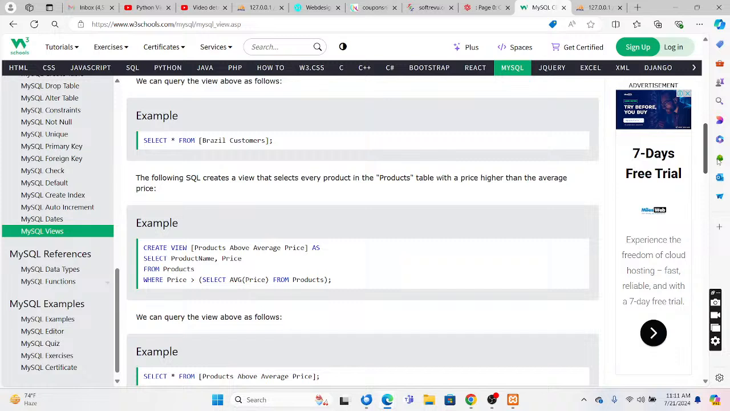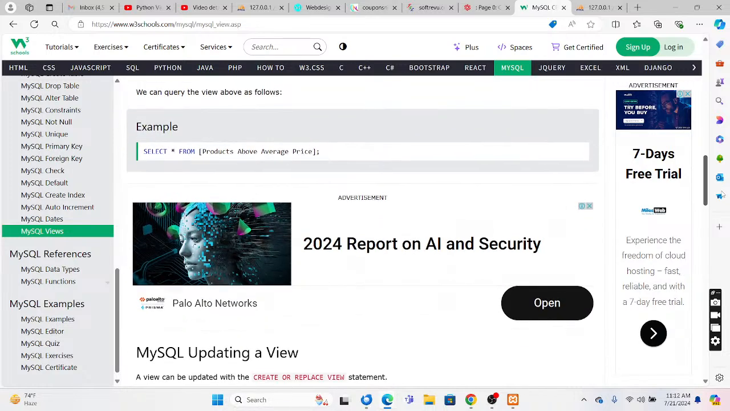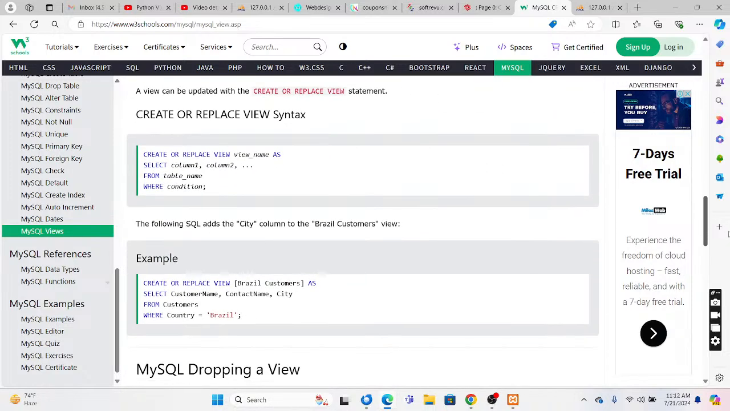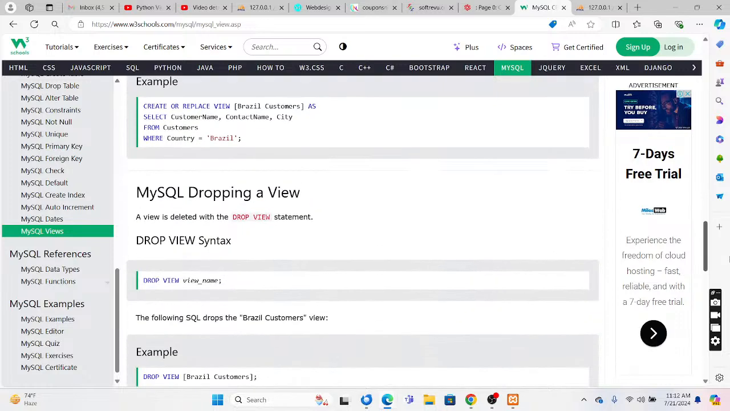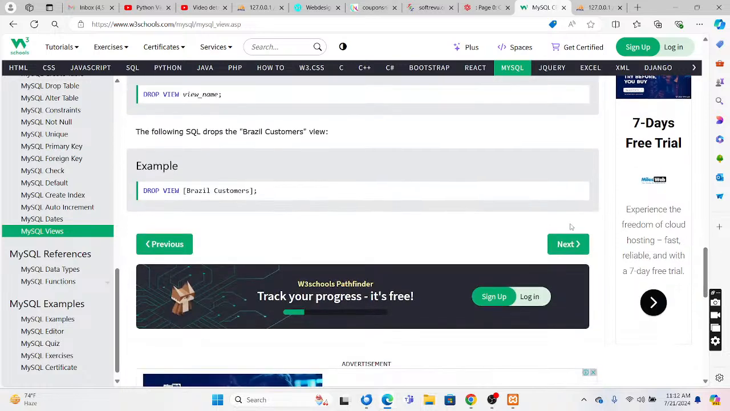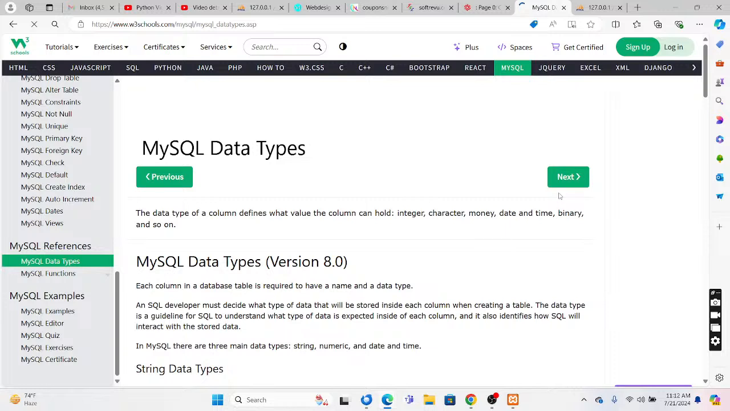CREATE VIEW AS, and then you can select from that one and get the values. Or you can use CREATE OR REPLACE VIEW, which can be used to update a view. You can use DROP VIEW to drop the view. So that is all about